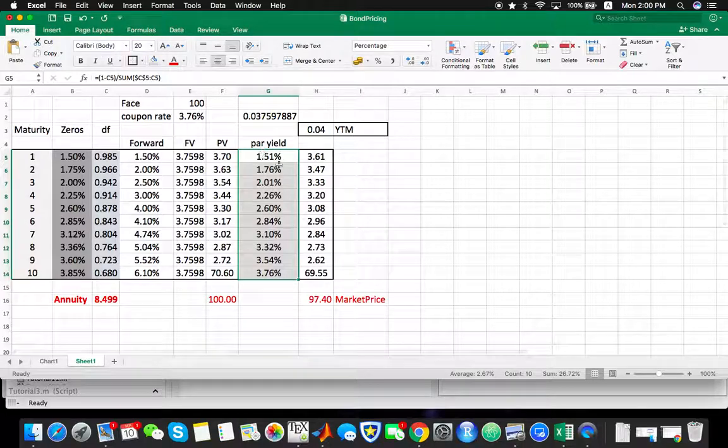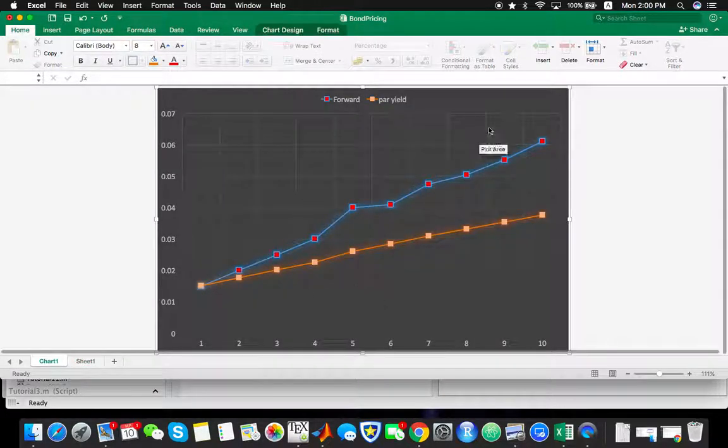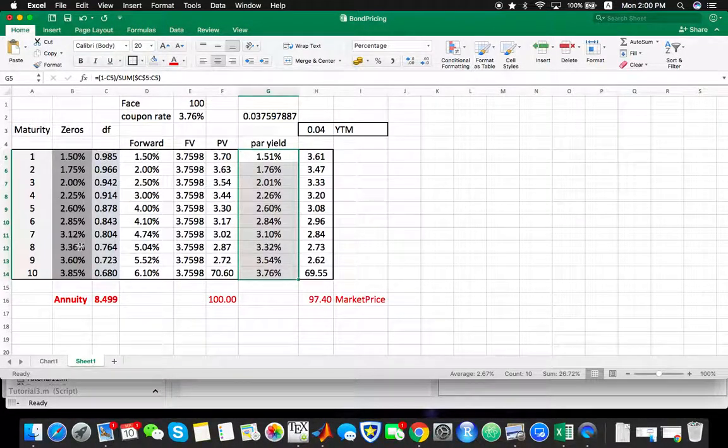Okay, and you can see that the forward curve has a steeper slope compared to the par yield curve. This is because of the behavior of the zero rates. So you can see that the spot rates are increasing, so we actually have a positively sloped yield curve, and the par yield curve